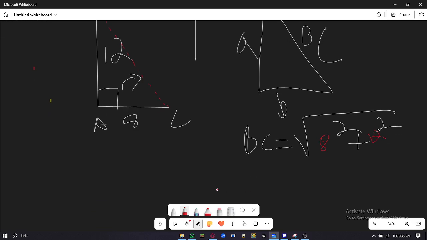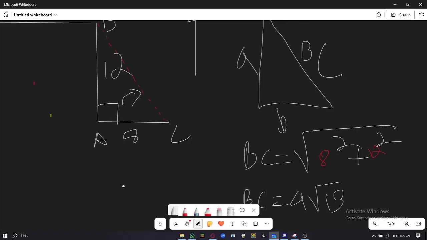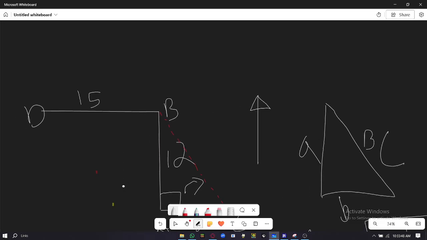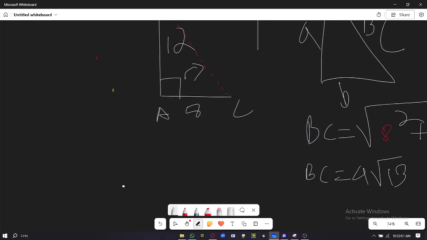And the result gives us 4 root 13. Now this is not the important part. The important one is the second question, where it says to find the bearing